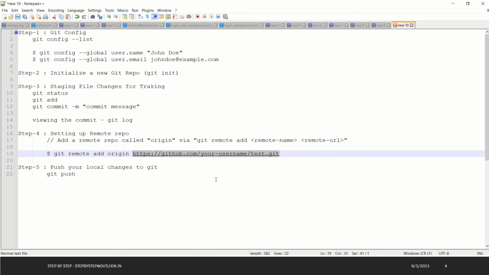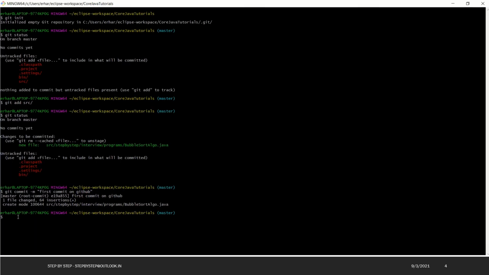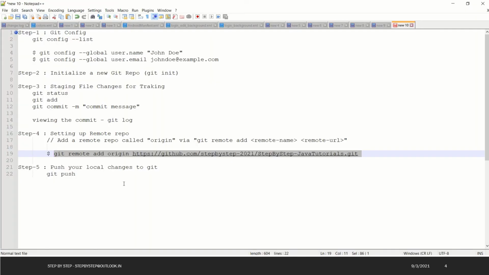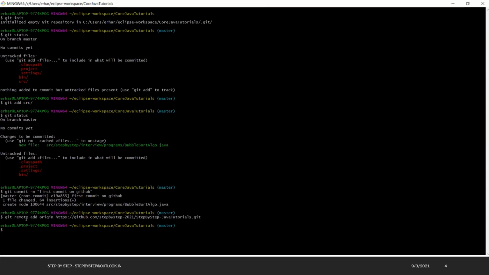That's done now, so just copy this and enter here and hit. Now the setup of the remote repository has been done, and in the next step we can directly push our changes to the remote repository.